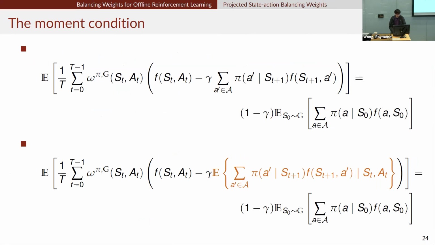So we go back to the moment conditions and we find out that the issue shows up here, mostly because we have this S_{t+1} here. This is the major reason why this extra dimension shows up. So the idea is very simple. We try to rewrite the moment condition by putting in a conditional expectation. By the double expectation formula, these two are exactly the same. I didn't actually change the problem. But this conditional expectation is just a function of S_t, A_t, right? Because S_{t+1} is being averaged out.